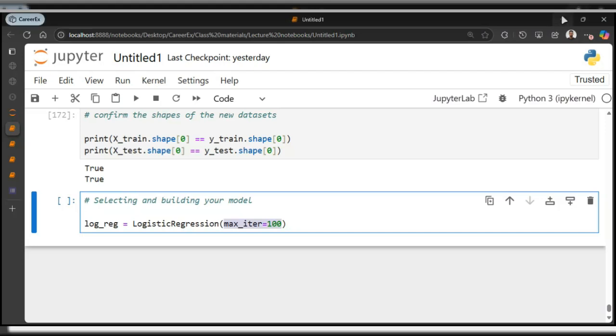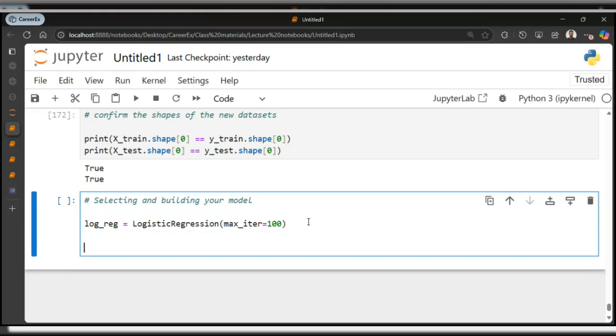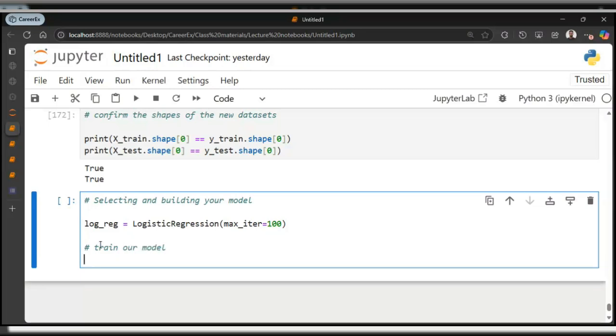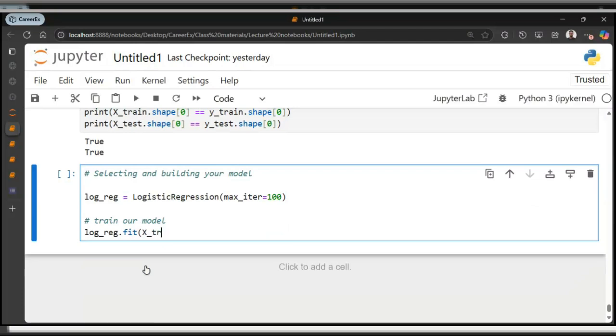All right, great. So now we are going to create a logistic regression object. Fine, we've done that. You can include a lot of stuff here. When we look at hyperparameter tuning, we are going to focus more on this. Now we have our data, so we are going to train our model. To do that, we call the model object logreg.fit and pass x train, y train. I'm going to change this to 1000.